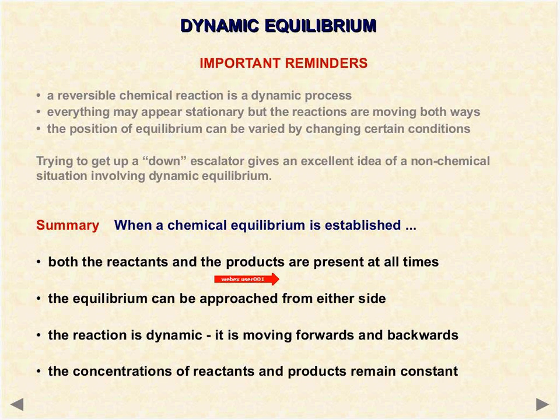Reactants and products, that was an intermediate stage, right? When product and reactant both are present. The equilibrium can be approached from either side. You can try approaching it from the forward reaction side as well as from the backward reaction side. It will be moving forwards and backwards. The concentration of reactants and products remains constant.